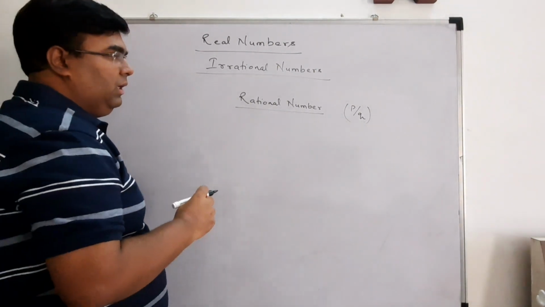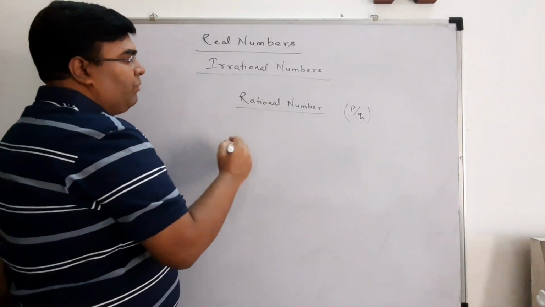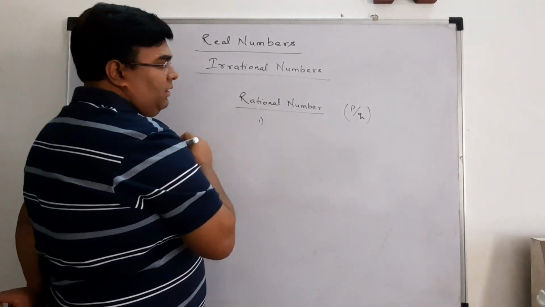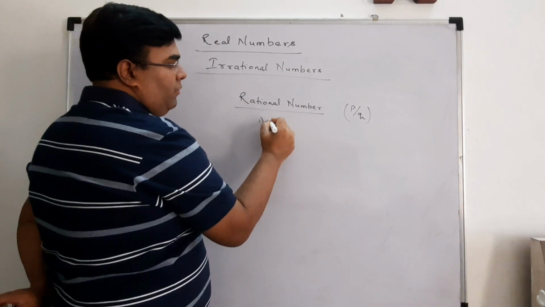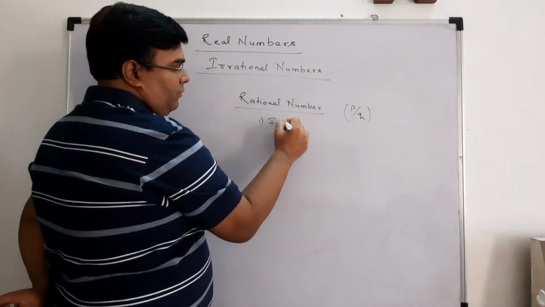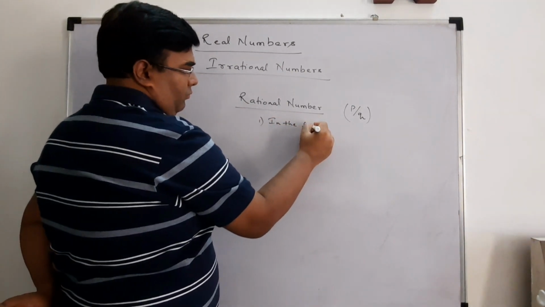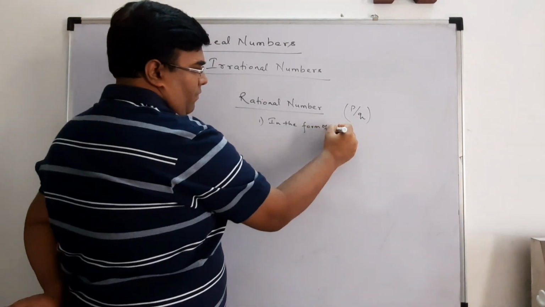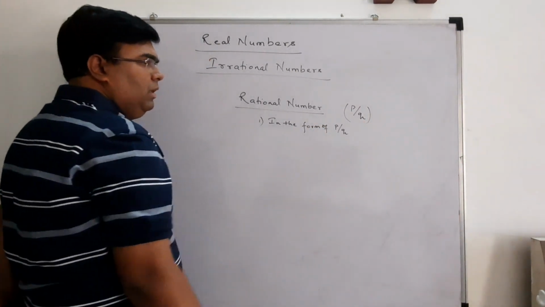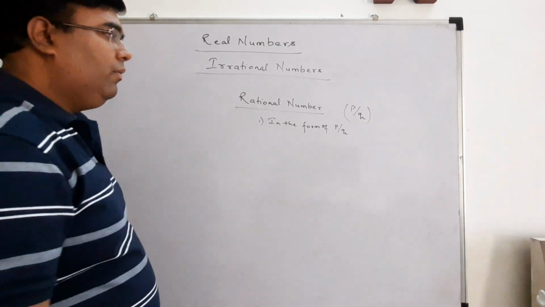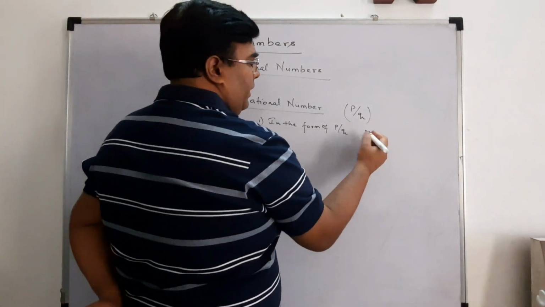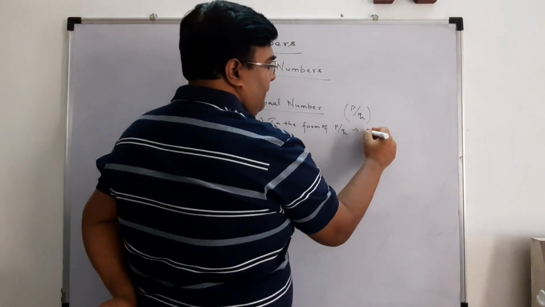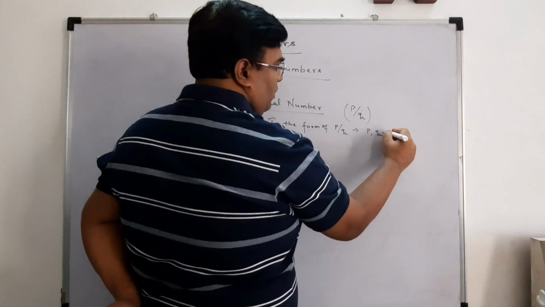So basically, if I summarize this, first it is in the form of p by q, a by b, whatever you want, whereas p and q are